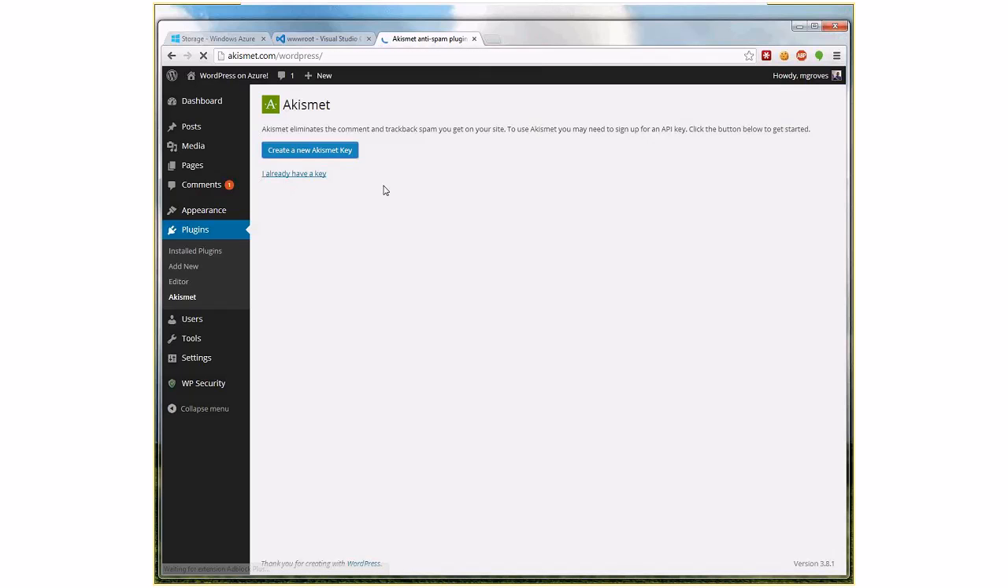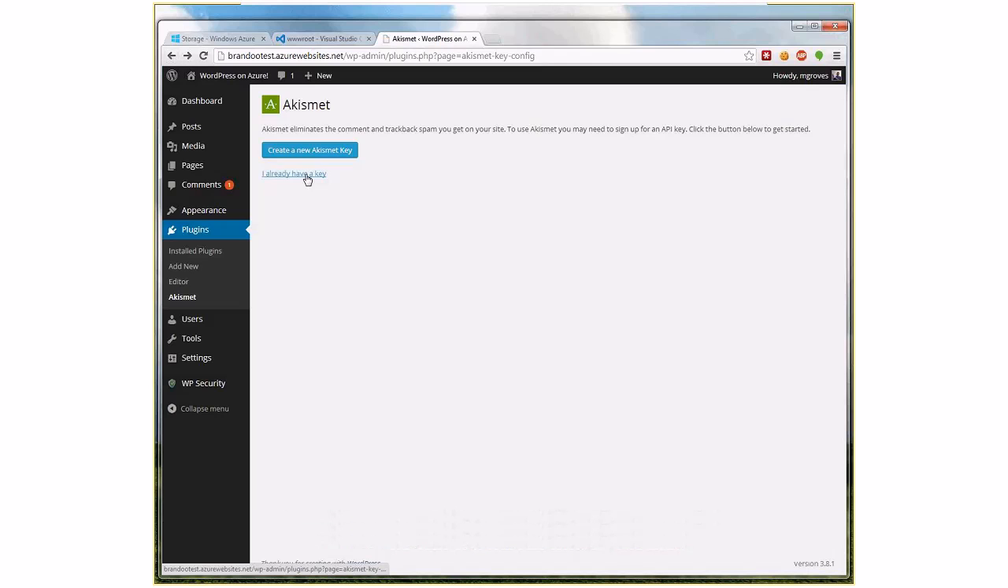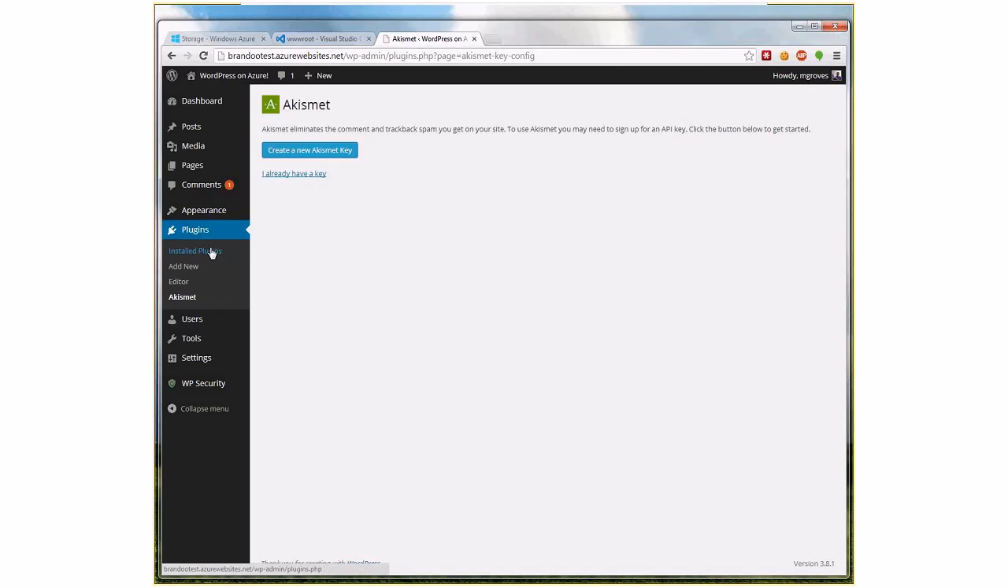If I create a new key, I have to go to the Akismet site and sign up for it, and so on. If I already have a key, I can just paste that key in here. It's going to be a random-looking sequence of letters and numbers. Enter it there. And that's the key I have to use. Without that key, I can't use the Akismet service. So once that key's in,